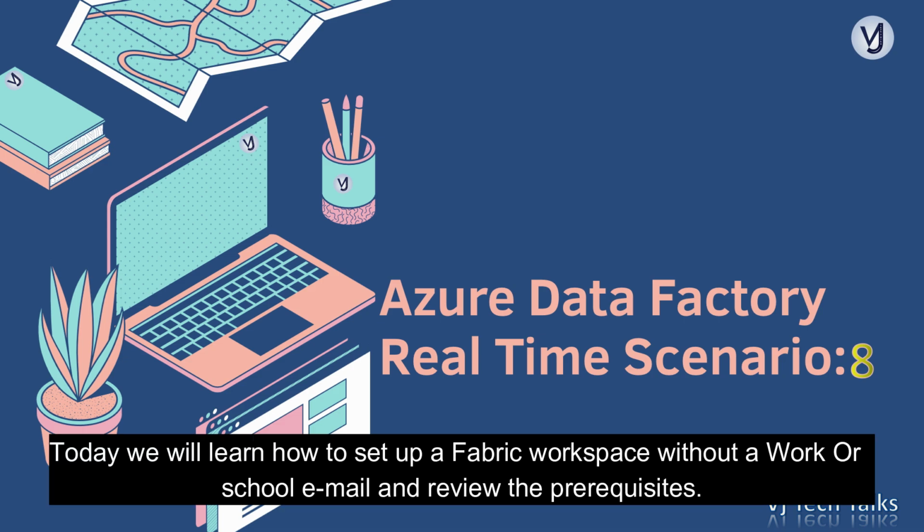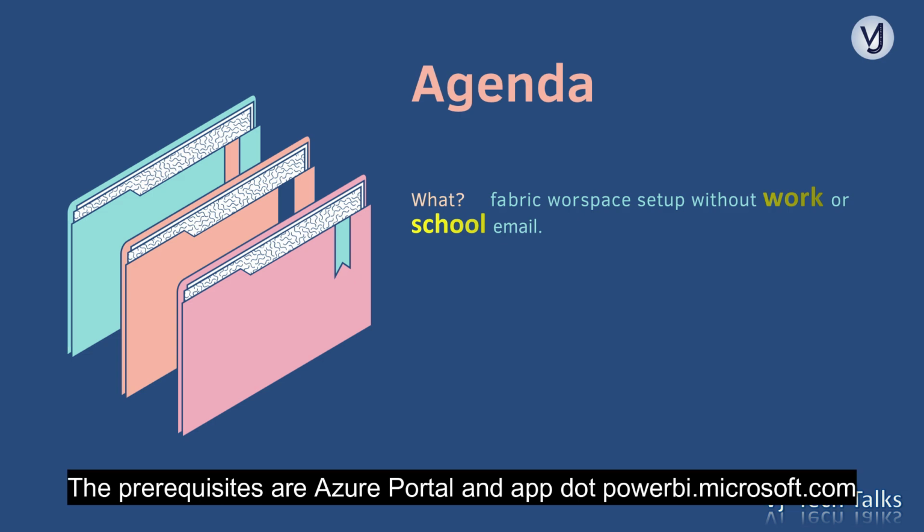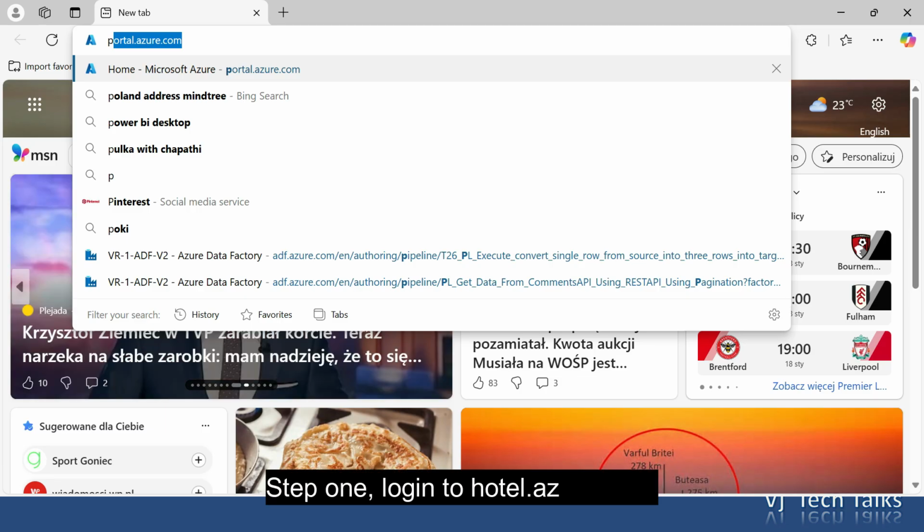Today, we will learn how to set up a Fabric workspace without a work or school email and review the prerequisites. Let's get started. The prerequisites are Azure Portal and app.powerbi.microsoft.com. Step 1. Log into